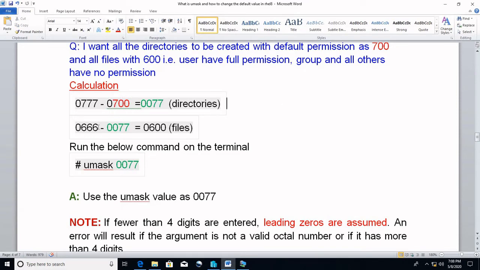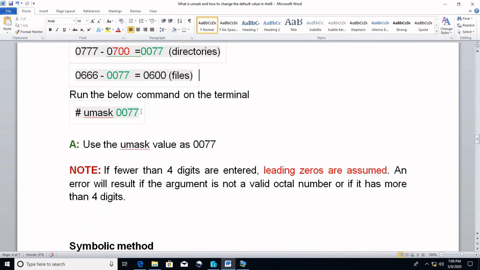That means the owner will have full control, the group does not have permission, and others do not have permission for any directories created from now on. Similarly, 666 minus 0077 is the umask, then you get the file permission. That means the owner has read and write, and the group and others do not have permission to the files. To change the umask, you can execute this command.